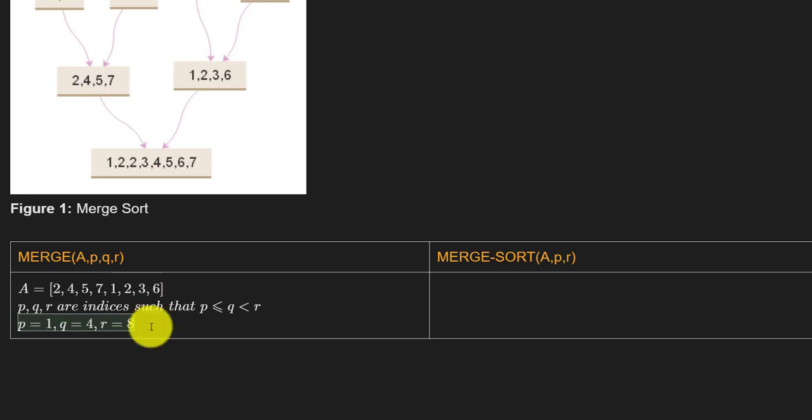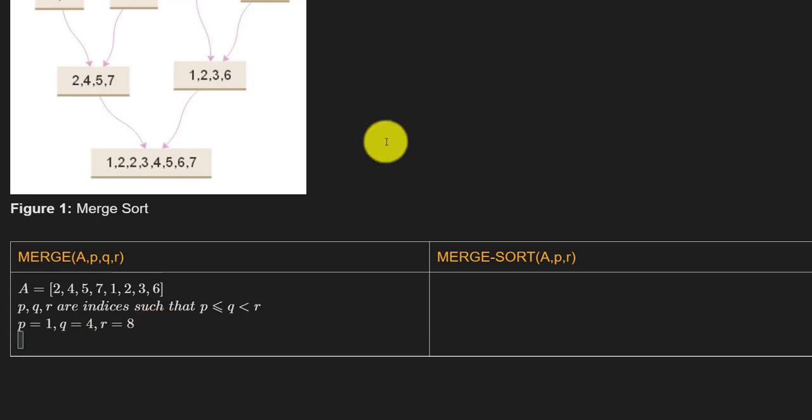Basically we are taking the indices of these two subarrays: the first element, the last one, and where we divide, which is represented by Q. Now, this merge pseudocode assumes that A from P to Q